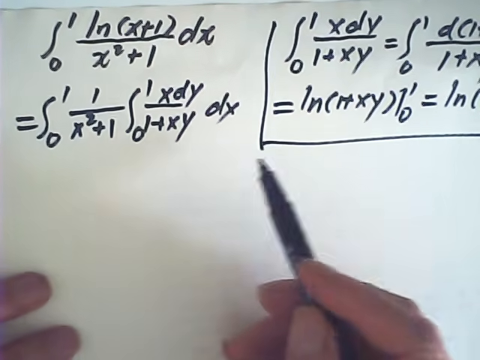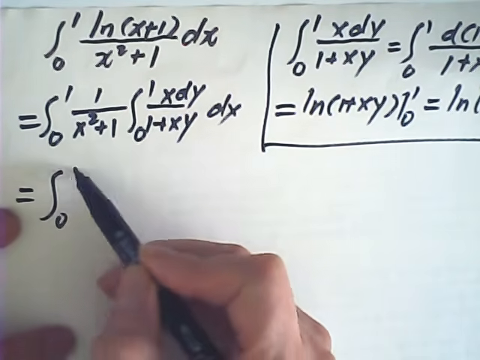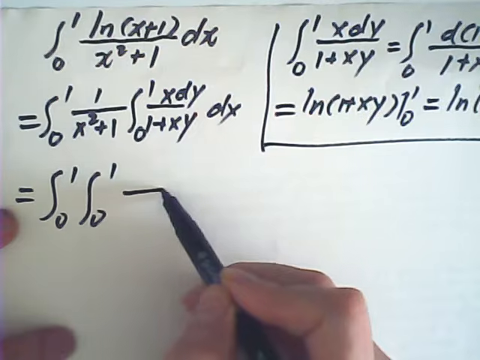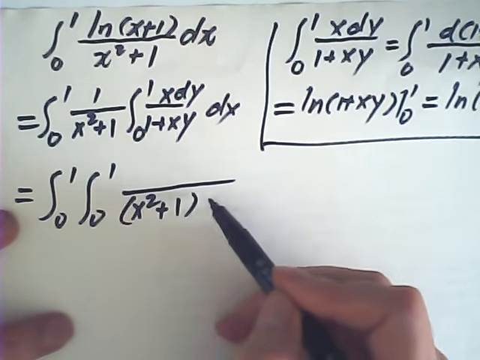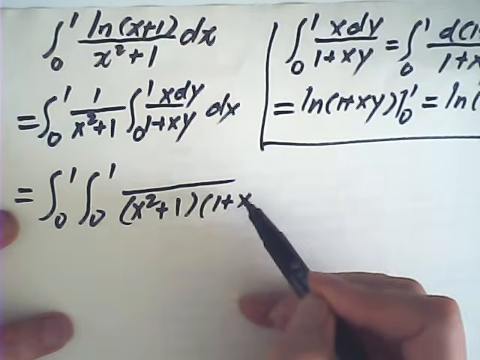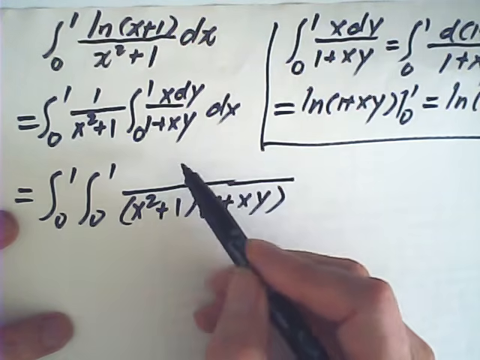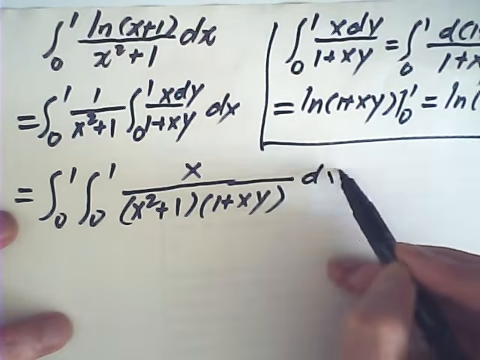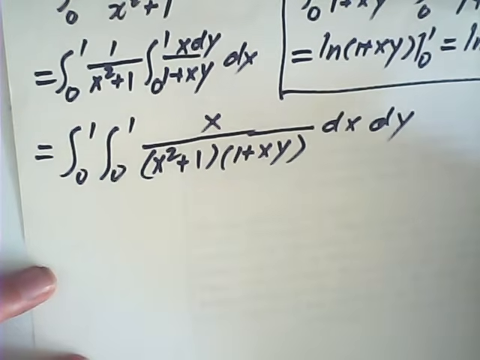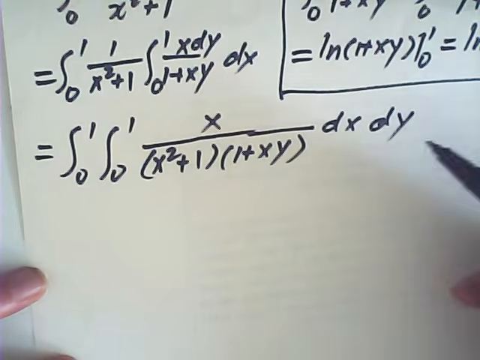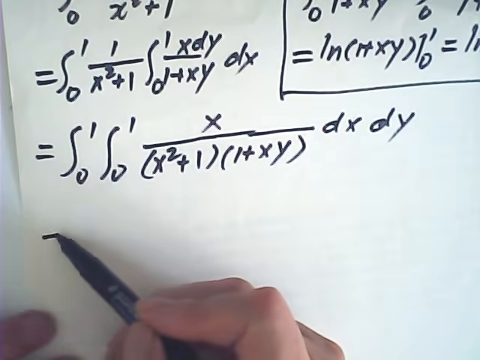That is what I meant. Okay, so this is the double integral of x squared plus 1 times 1 plus xy, and x, dx dy. So we can change the order. This is okay. If I want to do dx first, then